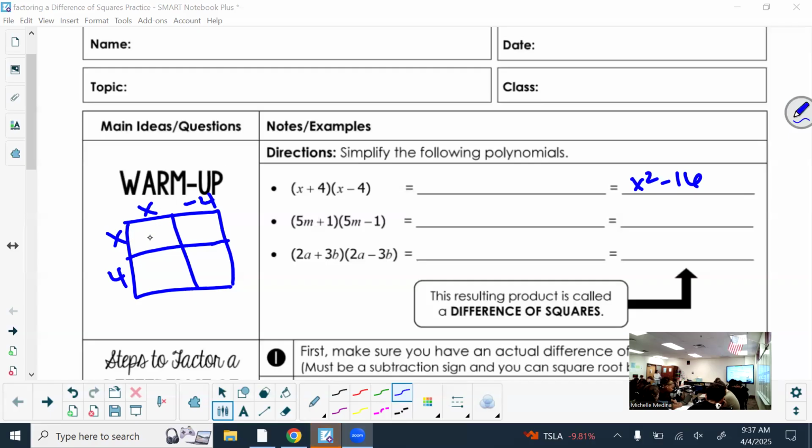So x times x is x squared, x times -4 is what, class? X times 4 is, and 4 times -4 is,